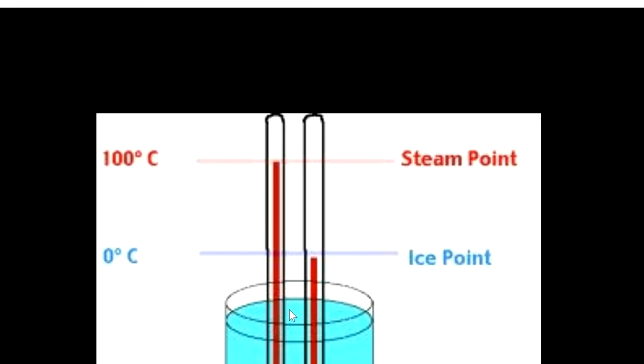Now students, for example, we are going to put this thermometer in some other liquid and the mercury level or alcohol level rises to this point, like here. What temperature is it representing? We cannot tell. Why? Because the scale is not written on this thermometer. So how will we write the scale on it? Writing the scale on a thermometer is a second step. First step is to note down the ice point and steam point. Second step is to write the scale.